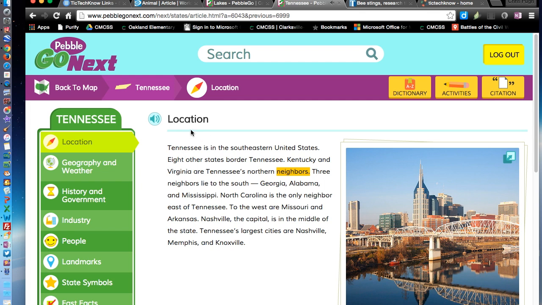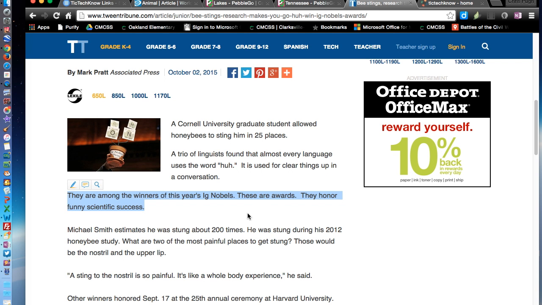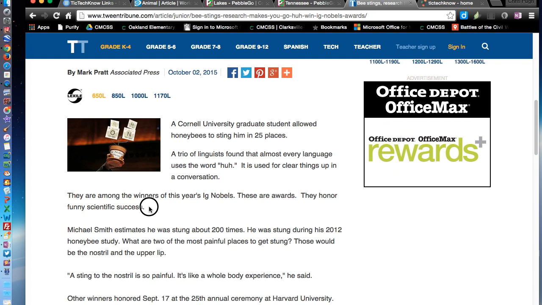Okay. Again, I can play that whole thing out. I can go to any of these sections and that button will show up for me to be able to do that. Now, that's specific sources that have text-to-speech built in. They may not be as obvious as it is here in Pebble Go, but there are plenty of ones that have text-to-speech built in. It may be hidden behind a button like the Worldbook one was. For those that don't, for any other website or even a document that you have that you want to have read to them,